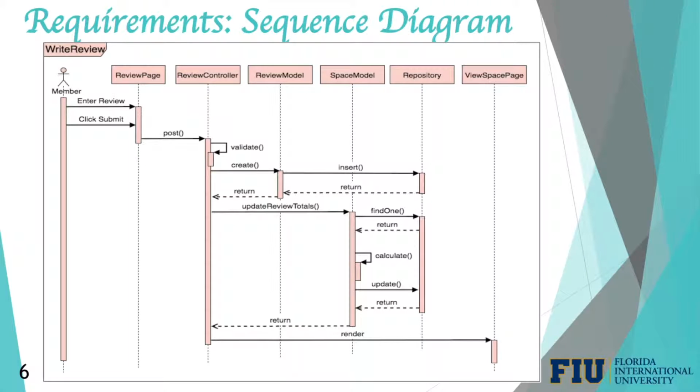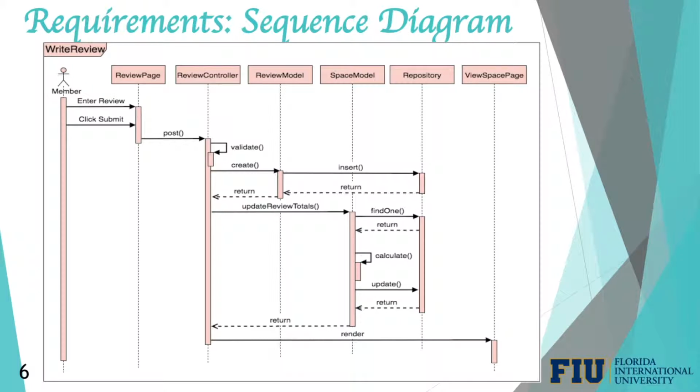The first sequence diagram that I will be explaining to you is write a review. The actor in this use case is the member. The use case begins when the member enters a review and clicks submit. The review page then sends a post request to the review controller, which validates the form. If the form is valid, it creates a review, and the review model then inserts it into the repository, which is the database. The repository then returns back to the review model, and the review model returns back to the review controller. The review controller then asks the space model to update the review totals, and the space model finds